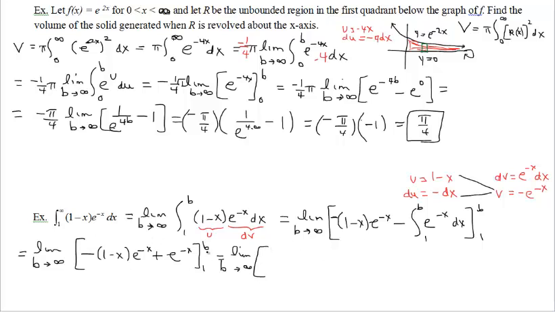Okay, this entire function evaluated at b minus this entire function evaluated at 1. So I try and start by plugging in b first. Hopefully that's enough room for everything. Alright, so this would be negative 1 minus x, 1 minus e to the negative b plus e to the negative b, goodness, minus, now it's time for 1 to go in everywhere,